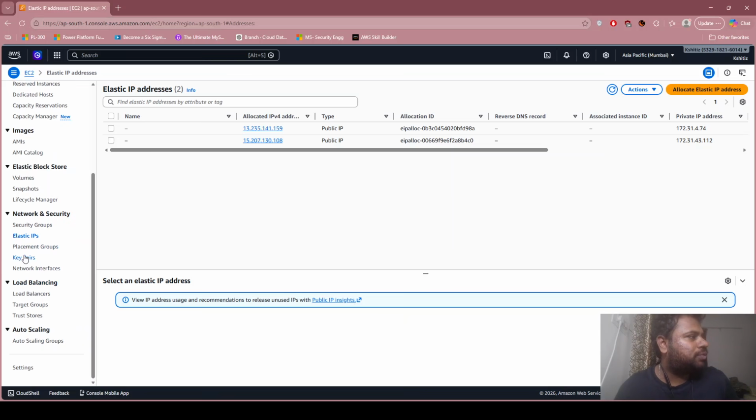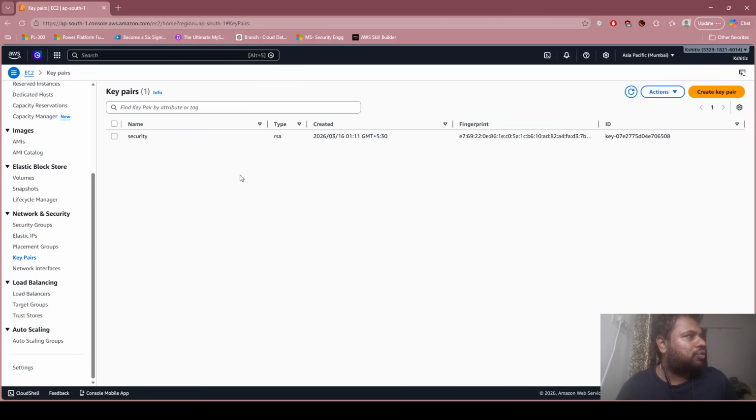We've got placement groups. We've got key pairs. I'll go through it. This is basically the key pair we use to create an EC2 instance. We utilize these key pairs for security and SSH provisioning. SSH stands for secure shell login. So using a key pair, we can securely log into our server, and it also protects our server from unauthorized